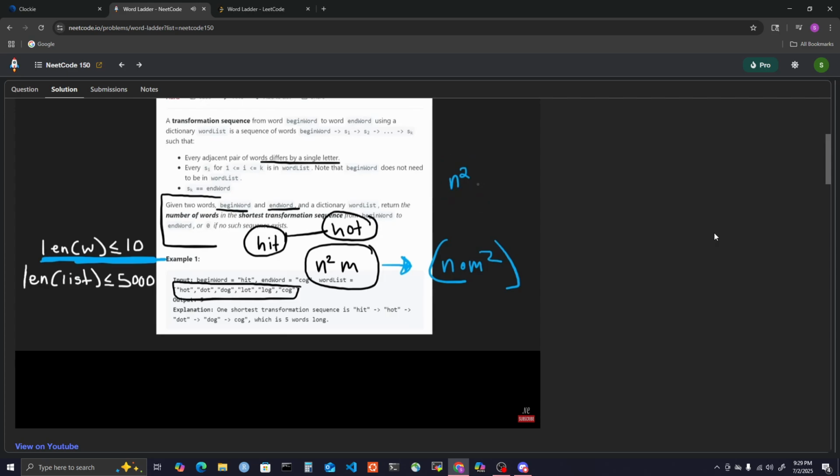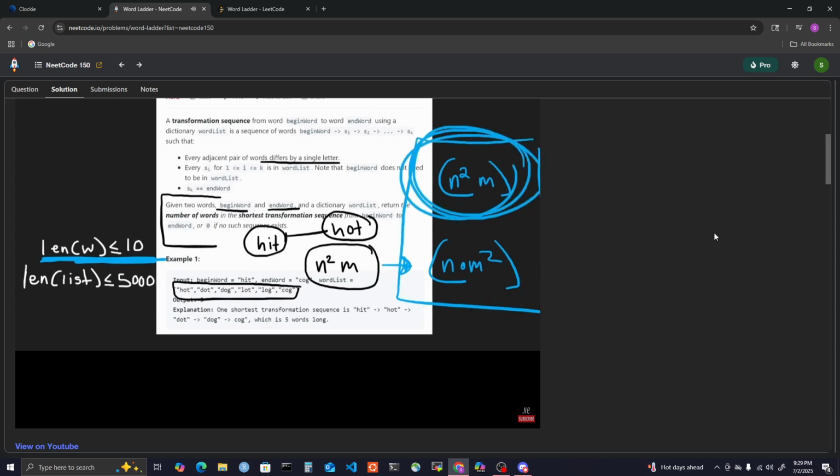We can have n squared edges, and we're also going to have to compare words. So on each operation when we're traversing the graph, it's going to be multiplied by the length of the word. So the overall time complexity for the BFS is still going to be n squared, which is pretty much this. So you might think, well, then why isn't it passing on LeetCode? And that's a good question. I think in general, though, doing it like this is going to be faster. We use this to generate our adjacency list, and then we do a BFS with this time complexity. And basically, there's kind of a small trick that I'm going to show you, which will get it to pass